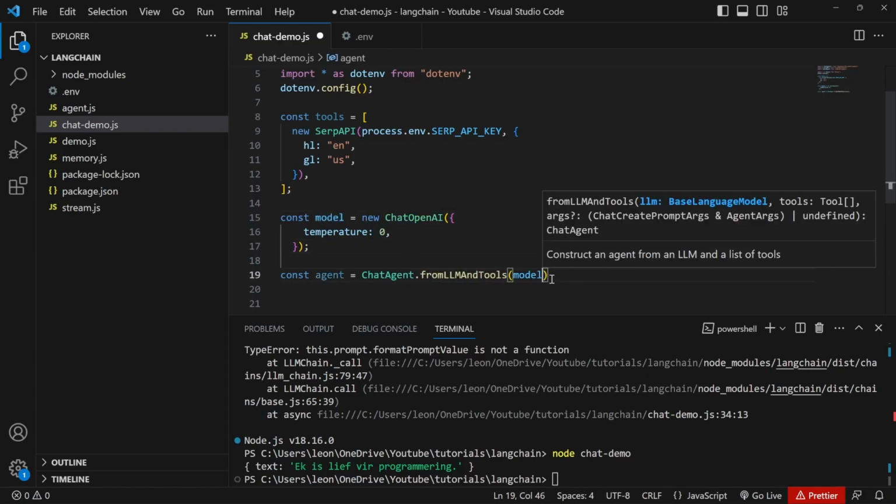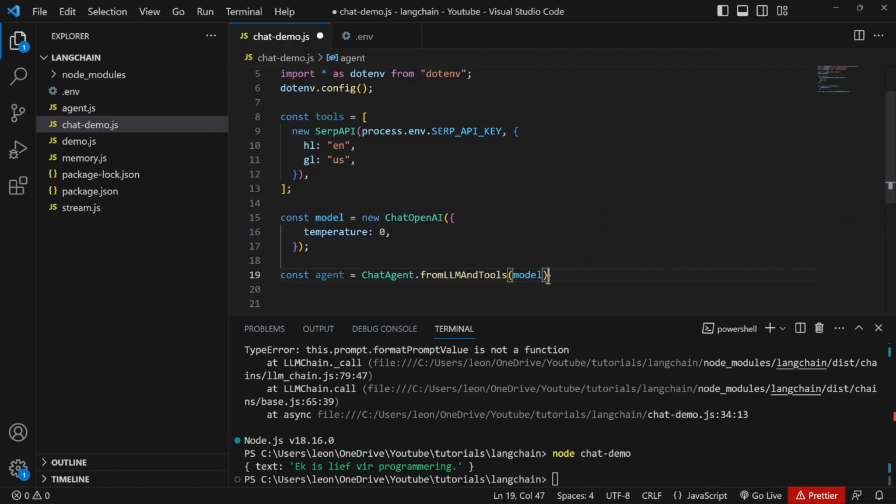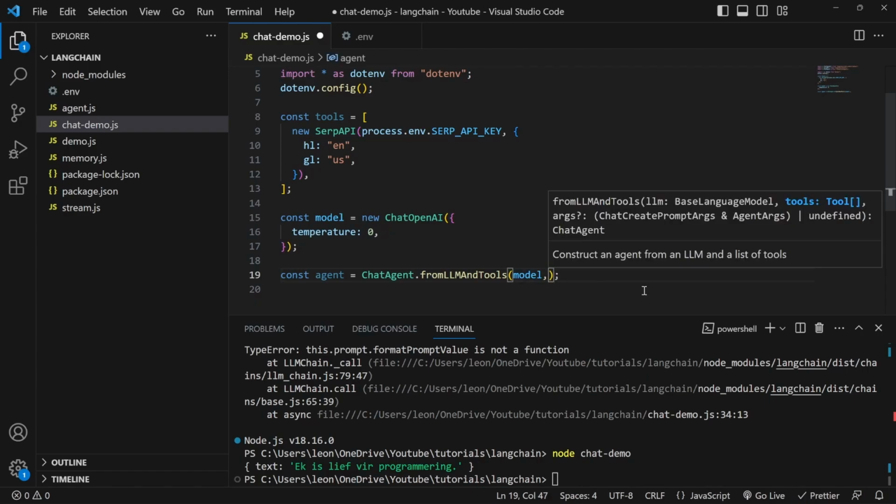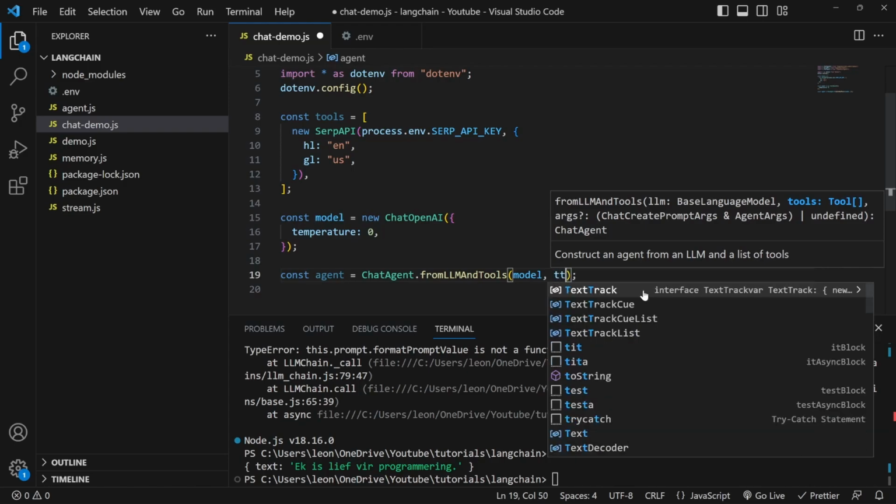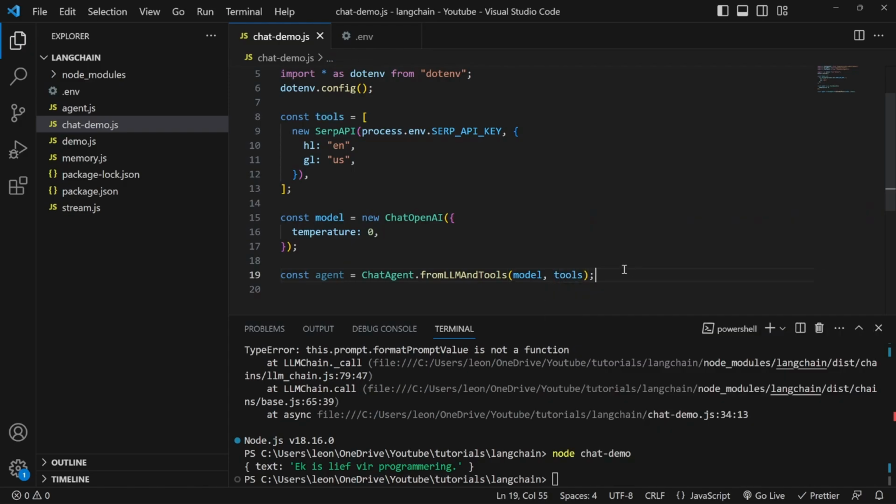Or you can define it inline. Either way is completely fine. Let's actually leave it like this. The second parameter is the list of tools, which we defined as tools. So now we have an agent that will use our OpenAI model as well as the list of tools to